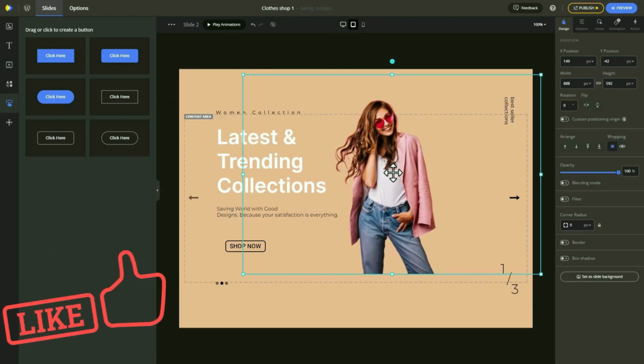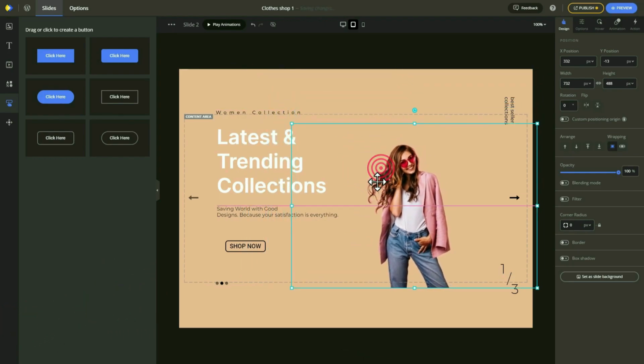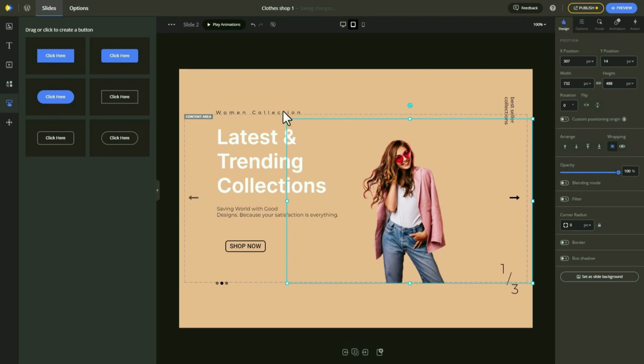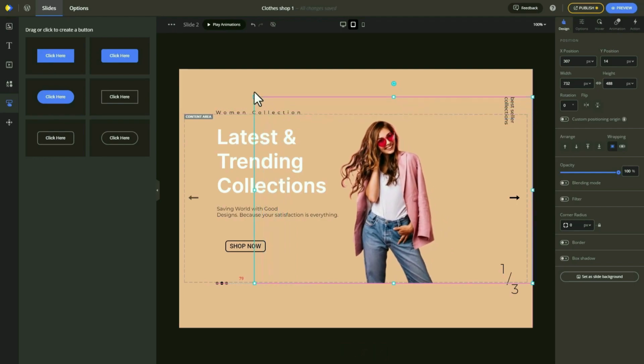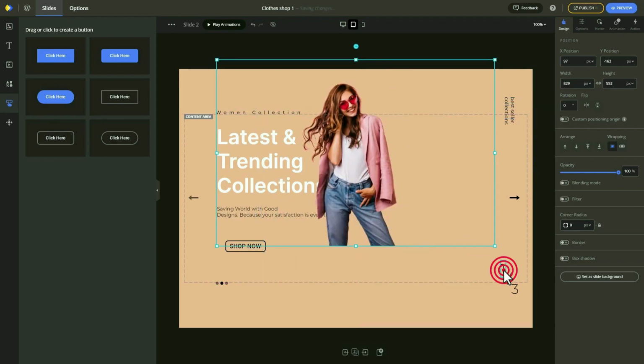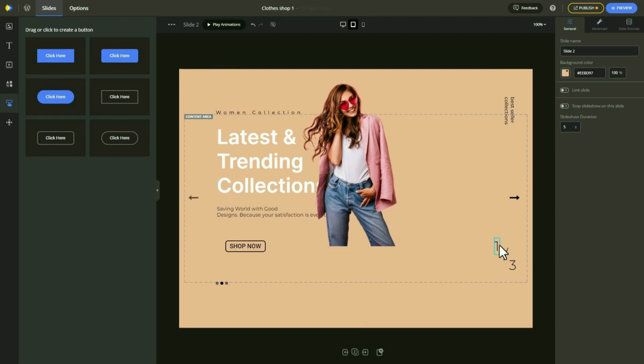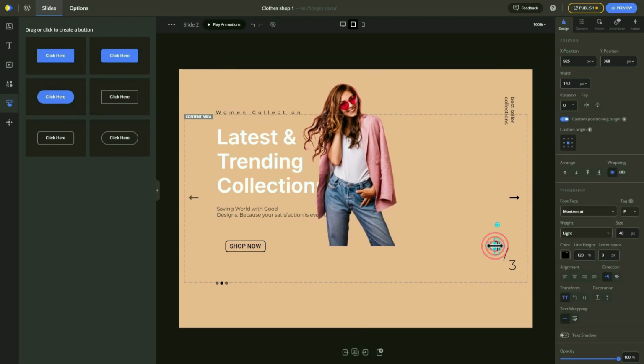So in the tablet preview, it's coming like that. I think I have to make it a little bit smaller. That's looking good. Even if you want, you can make it a little bit bigger also. And after that, actually I have to reposition this one first. Okay, so now actually at the place of the one, so just